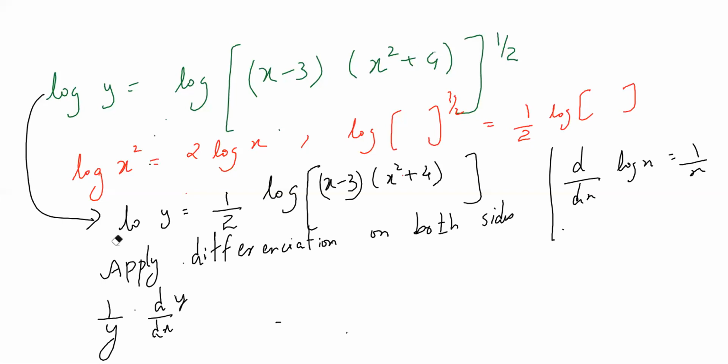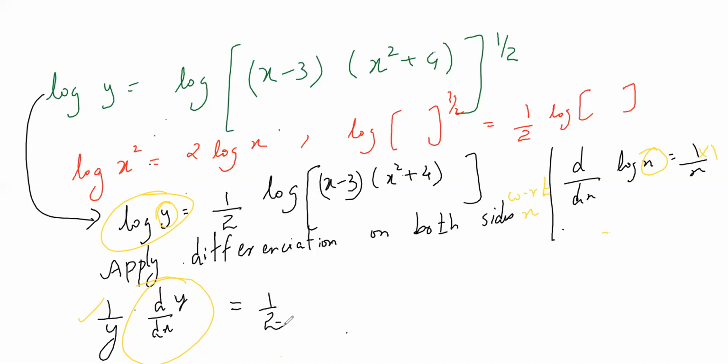by y. Log y is 1 by y we will write. But only thing what we forget here, we forget this dy by dx. 1 by y everyone will write. Log x is 1 by x. 1 by x means 1 by x into 1 because x differentiation is what? 1. But everyone will forget to differentiate this y. Y differentiation is what with respect to x? This is all with respect to x only. Okay. This is 1 by y into dy by dx is equal to